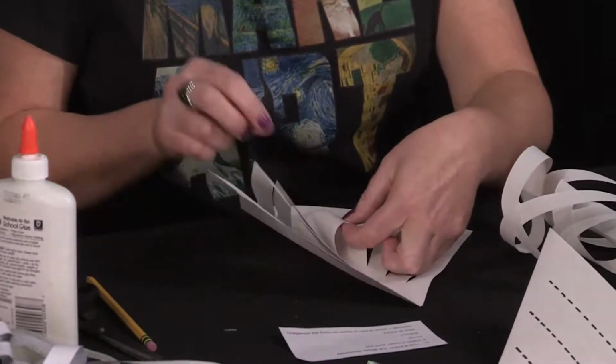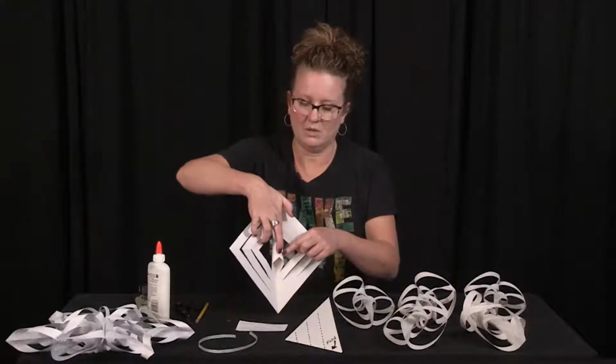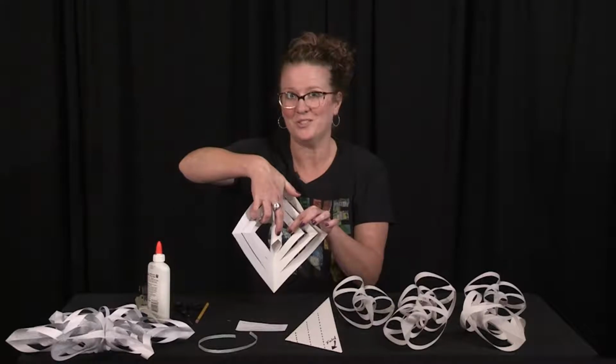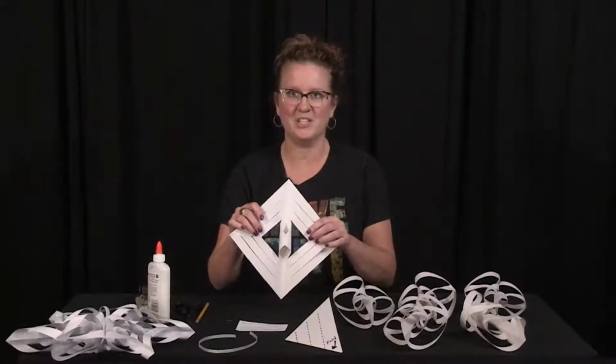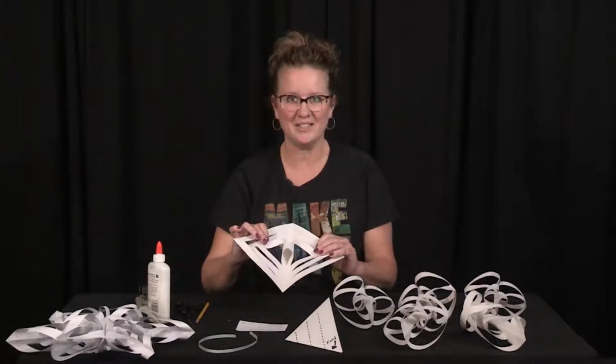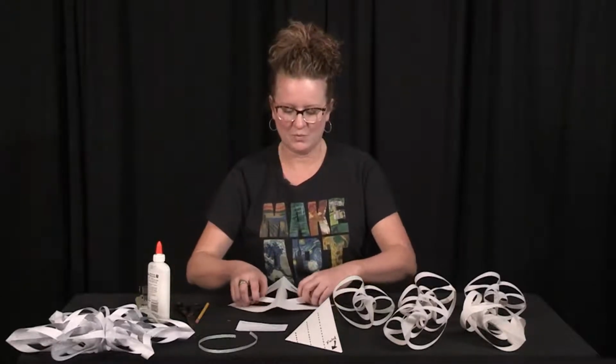And I'm just going to pinch and hold that till it dries. Might take a few seconds. So the first section has been glued successfully. What we're going to do next is we're actually going to flip this over, and we're going to take the